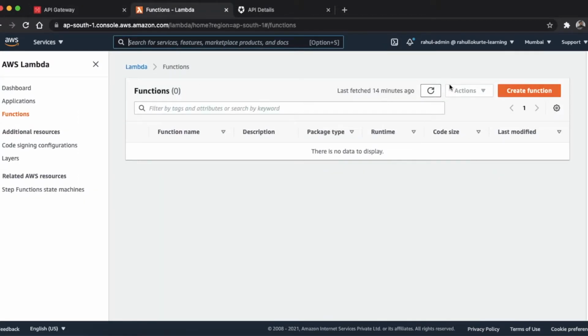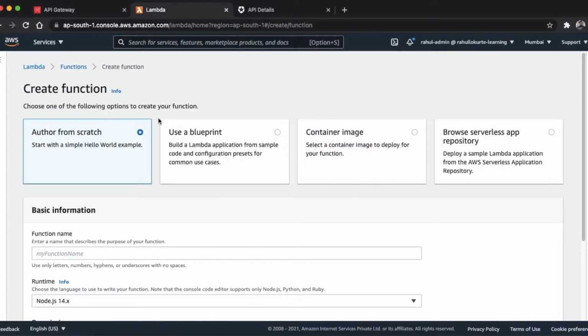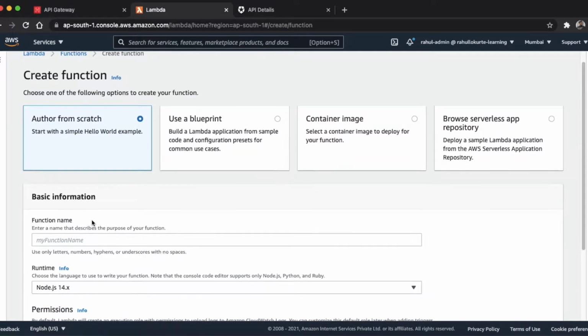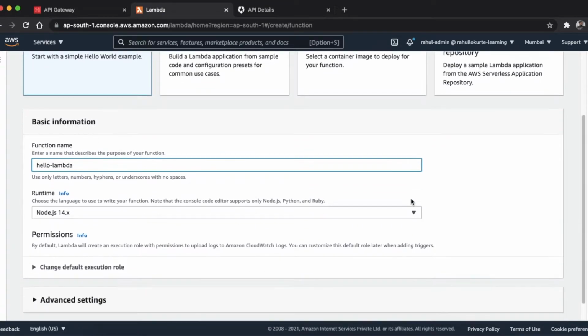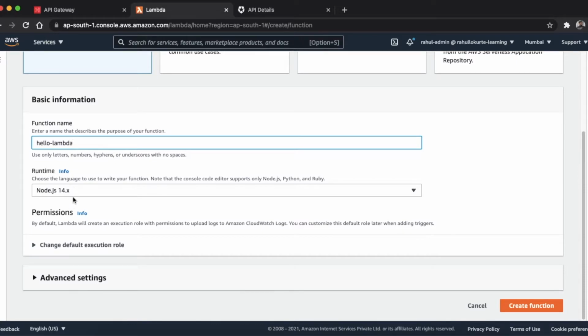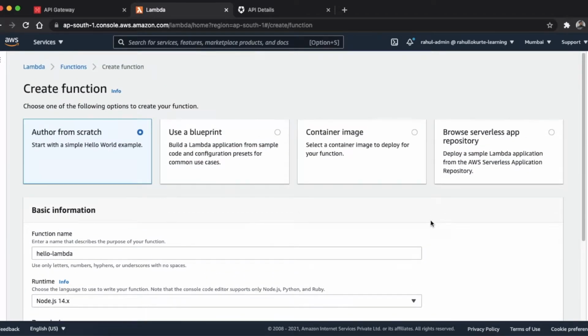So head over to Lambda and click on create function and give your function a name, hello lambda. Then you can choose Node.js or whatever runtime you need, and then you just click on create function. Once we click on that, the Lambda function will be created.